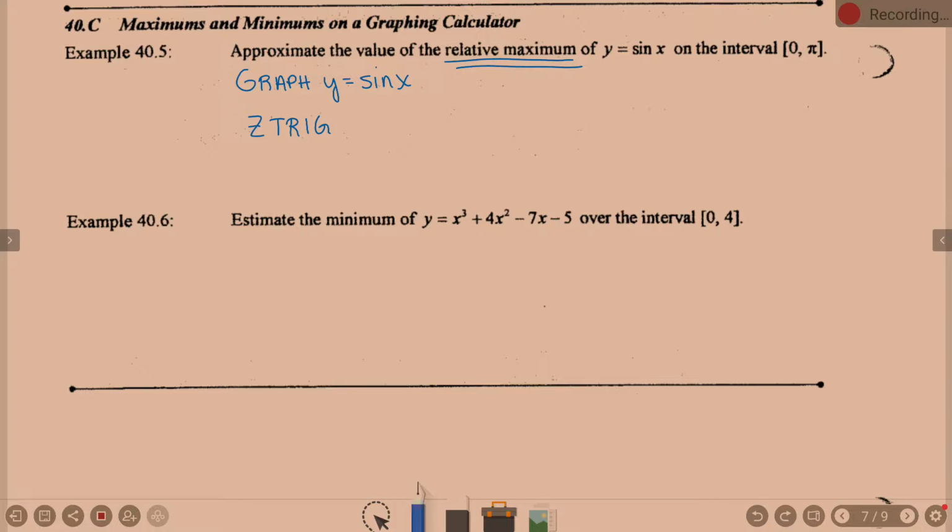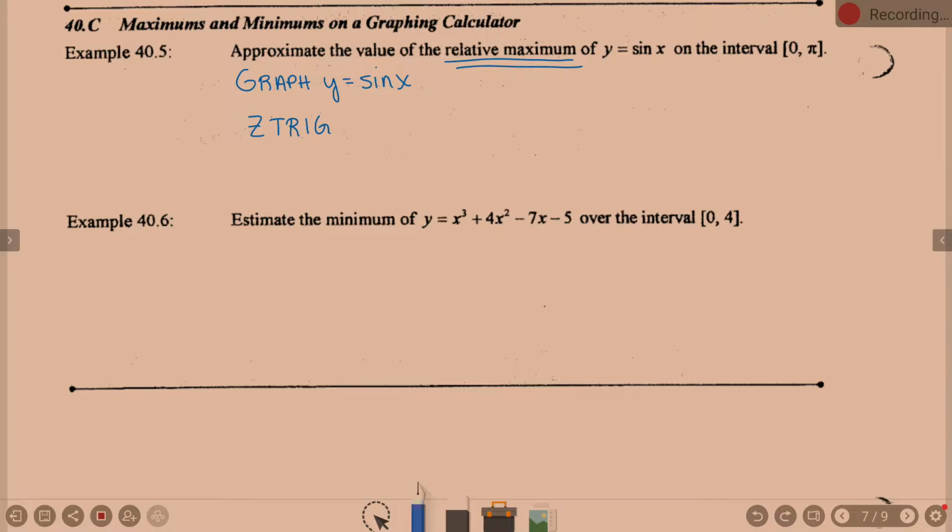And that makes it a little bit easier to see there. Now, specifically, what did it ask us for? The max between 0 and pi. So here's my other suggestion: go into your window setting. This one's not too hard, but if it was a harder interval, it would help. We only need to be looking at this graph from 0